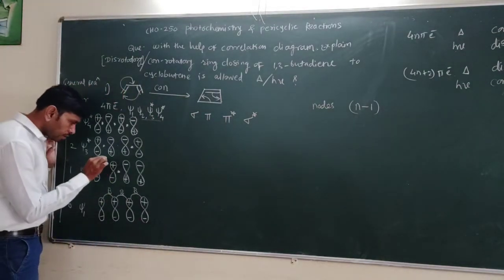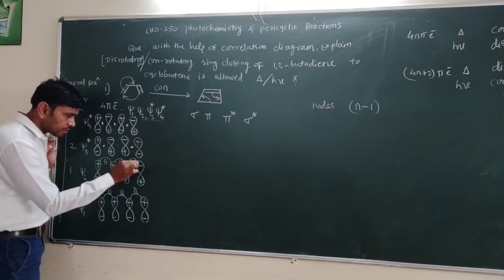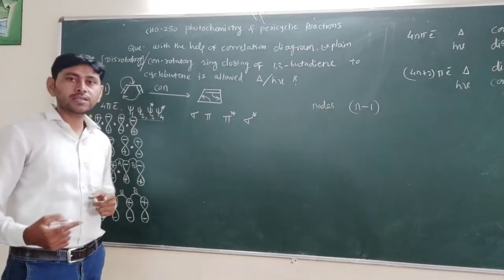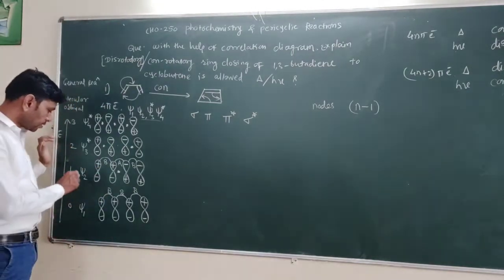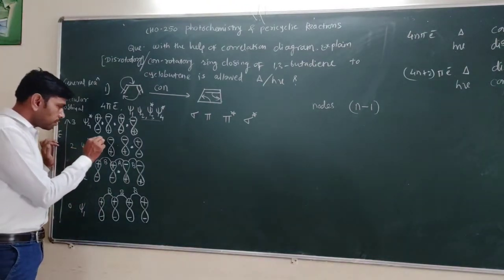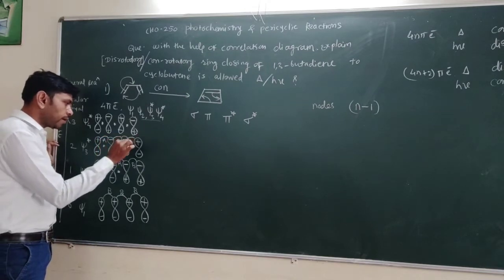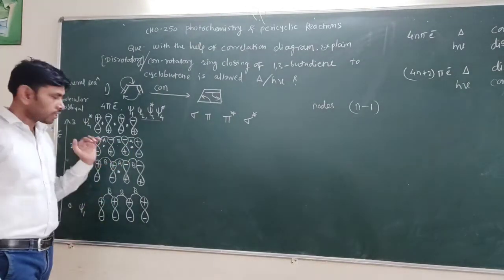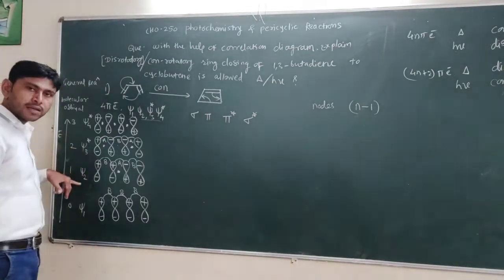Now see here, it is bonding. In this case, it is anti-bonding, and again the same sign, that is bonding. Means two bonding, one anti-bonding. Now anti-bonding increases the energy level. So that's why it has higher energy than this one. So psi3, see here, it is anti-bonding. Here in this case, bonding and antibonding. Two antibonding orbitals are there and one bonding. So that's why the energy level of psi3 is greater than psi2.